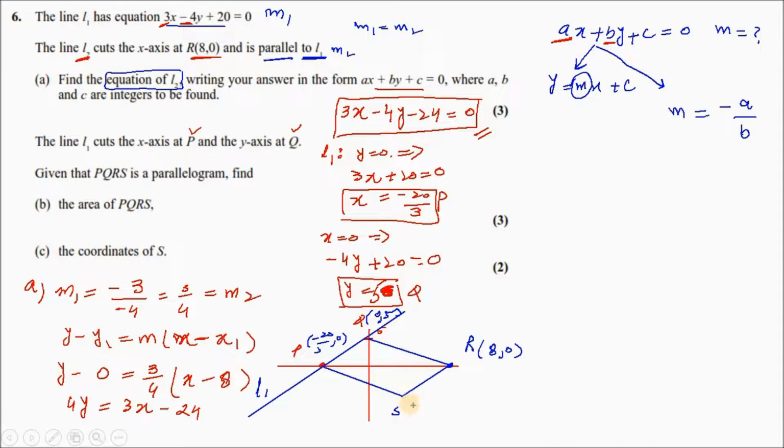This is a parallelogram. Now, if you need to find the area of the parallelogram, the idea is we can find the area of the parallelogram by finding the area of these two triangles, this triangle and this triangle, and then add these together and times 2. So we have a total area of the parallelogram. This is one method. So what I'm doing, I'm finding the area of triangle OPQ and the area of triangle OQR, and then we will figure out how.